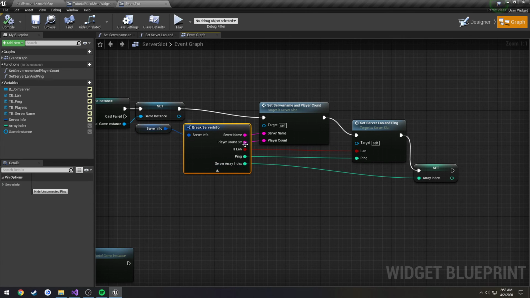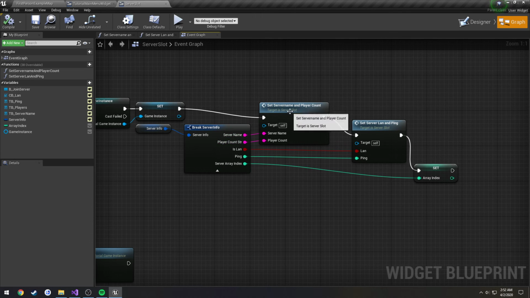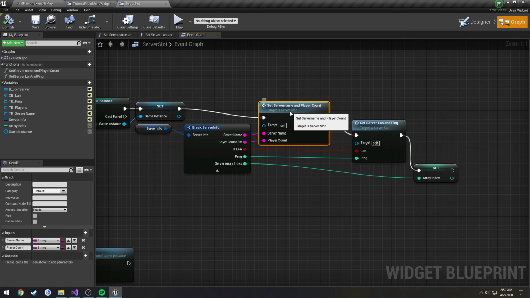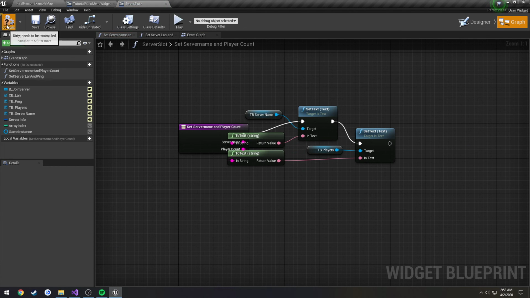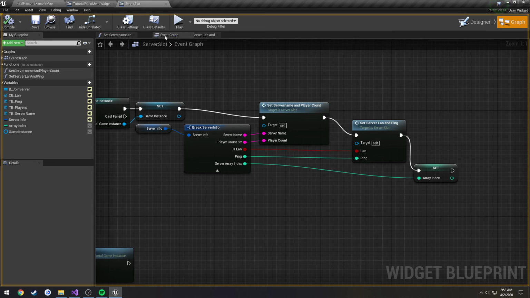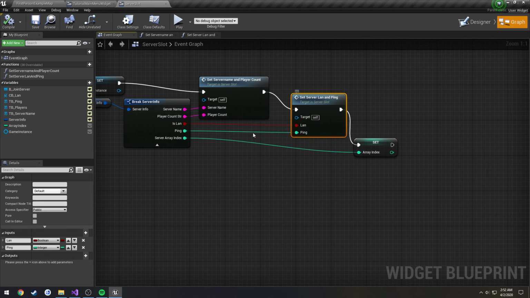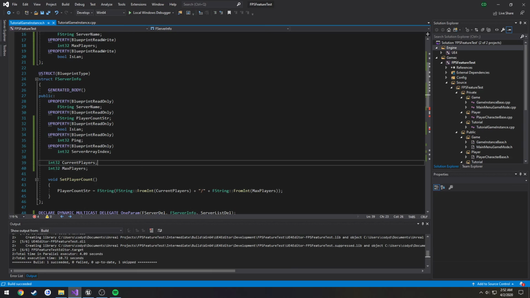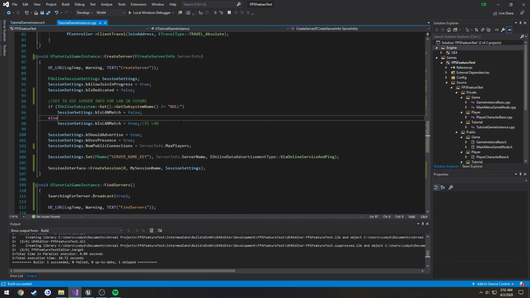Then we're going to break it open so we can see the member variables that are inside of it. And we created two functions. One where we set the server name and the player count. I'm going to get rid of that print string while I remember. And another one where we set the LAN and the ping, just to keep it a little bit cleaner instead of having a bunch of nodes dragged everywhere. Then we set the server array index, which, as shown in the last video, was what controlled what server we're going to actually join out of our list, and our list being